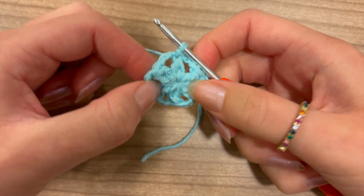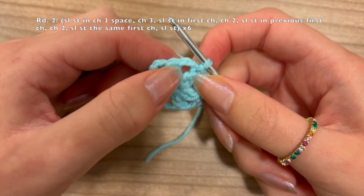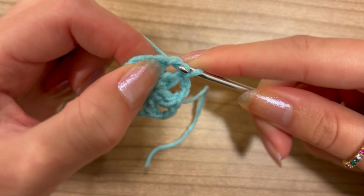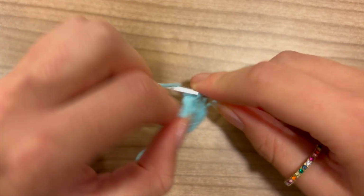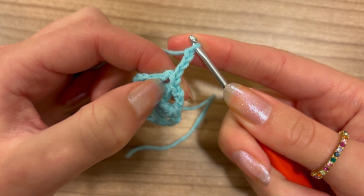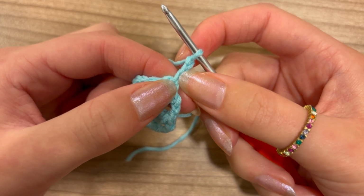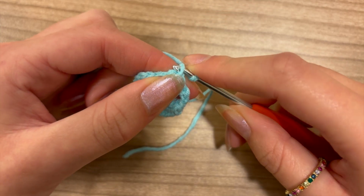All right, so now for the second round, what we're going to do is we're going to work in these chain 3 spaces that we made all the way around. So what we're going to do is we're first going to do a slip stitch in there. Then we are going to chain 3. So 1, 2, 3, like this. Now do a slip stitch in the first chain that you just made. So this is the first chain, this is the second, this is the third from the hook, so the first chain that we made. Do a slip stitch right in there,